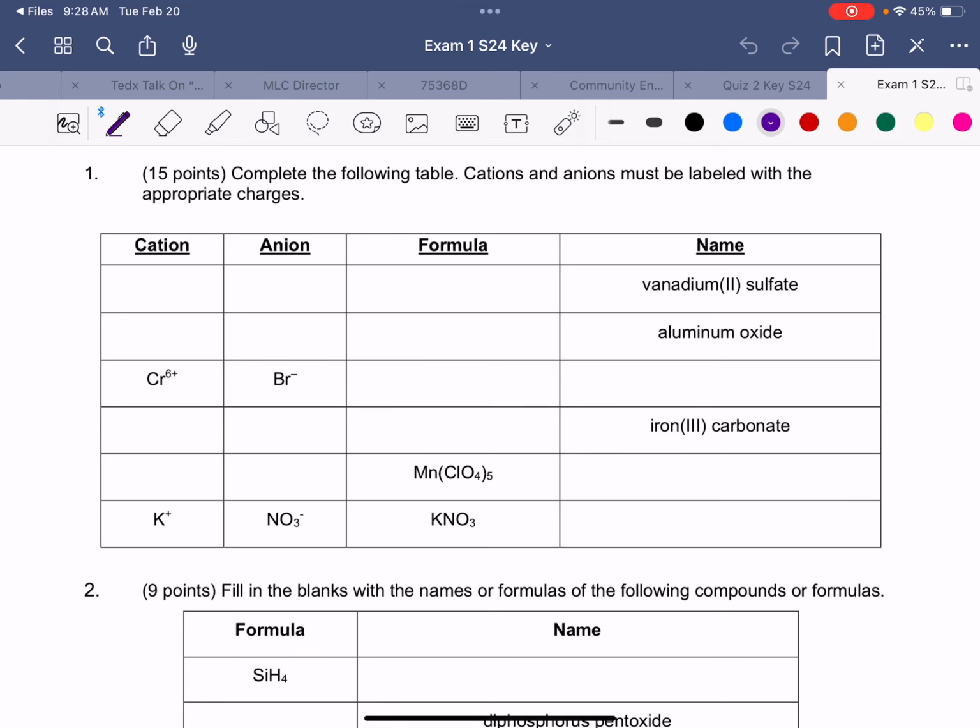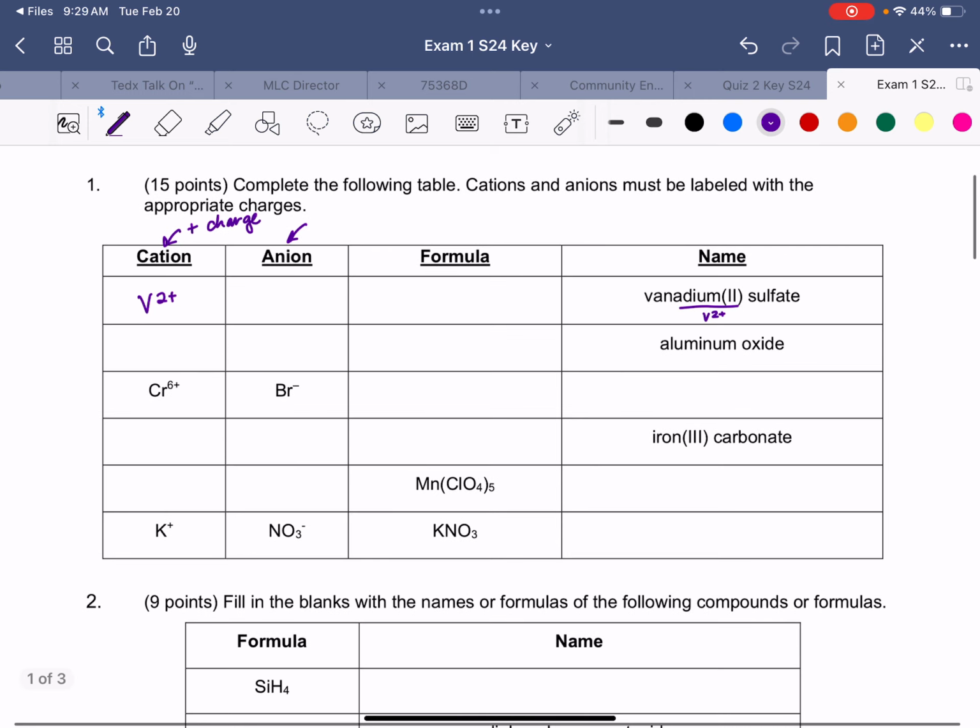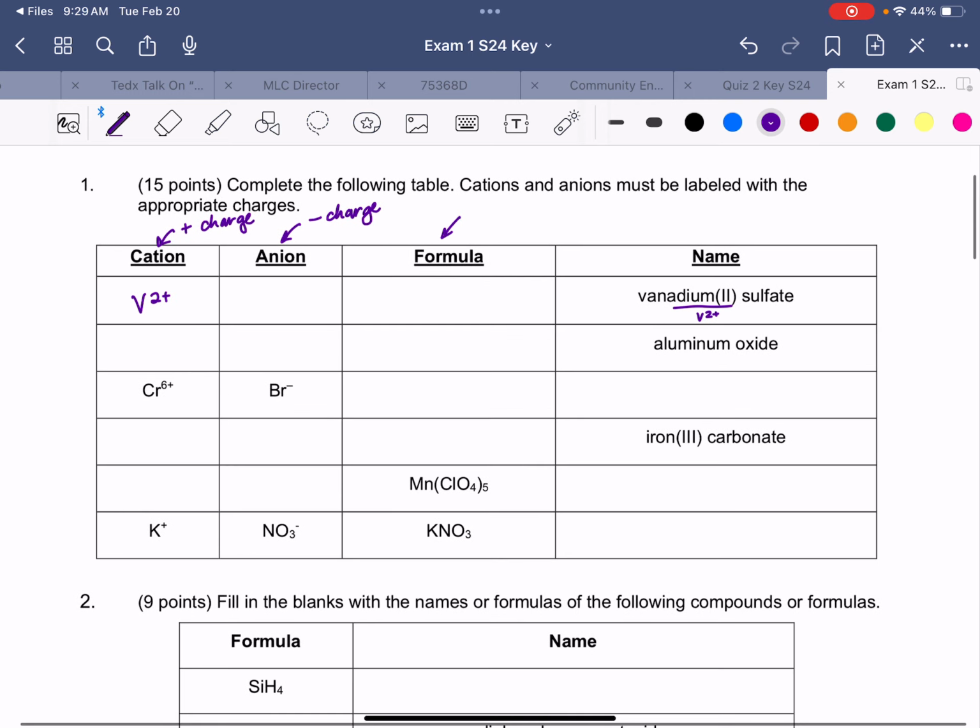Alright, I'm going to go through the exam 1 key so that you understand how I solve these problems. So in the first one, we have vanadium 2, that tells us it's V2+, and that's going to be our cation. Remember, everything in the cation column has to have a positive charge associated with it. Everything in the anion column has to have a negative charge, and everything in the formula column should